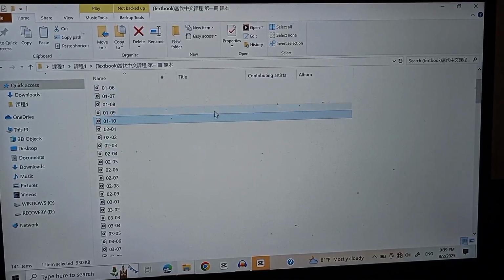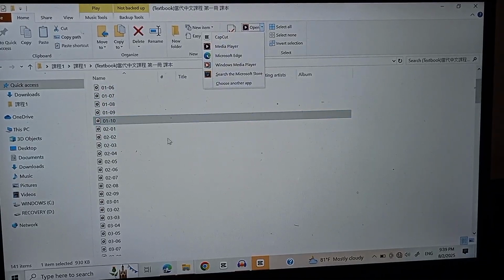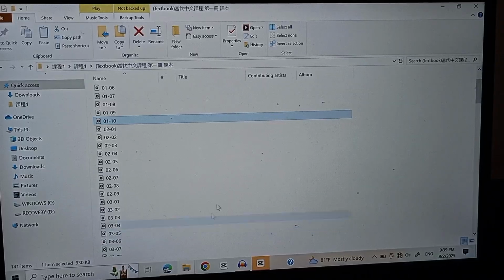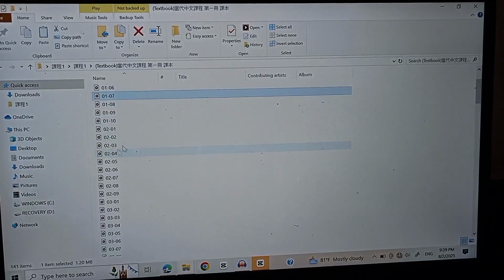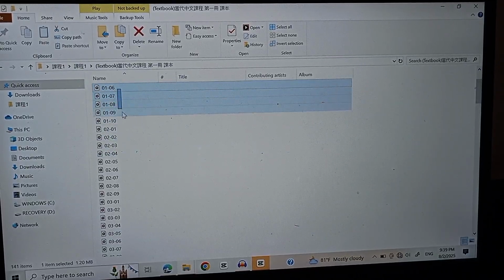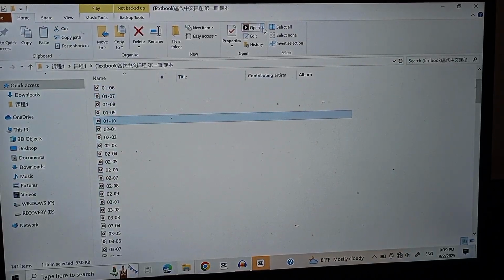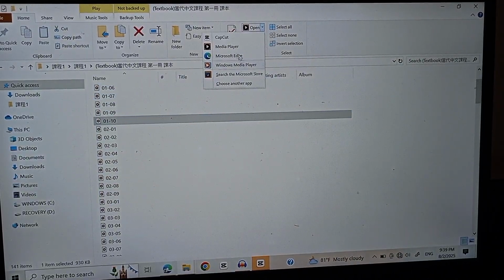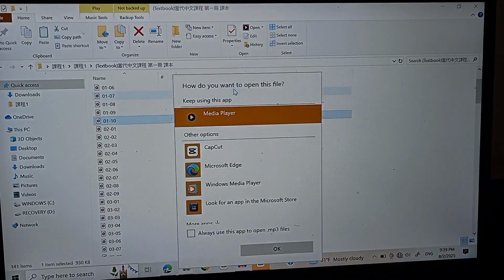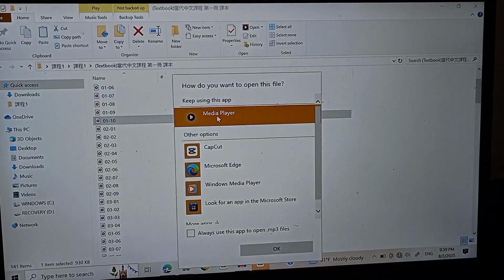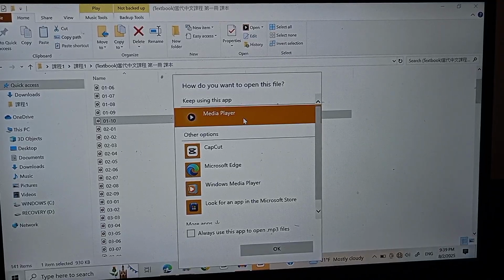So once you find the media player that can open your files, you can simply change it before choosing more than one file, because sometimes we want to play more than one audio, more than one MP3 at once. So the best thing to do is just find the one that works and just change it. Choose app, prioritize, change it from, well, my Media Player is not working, I will change it to Windows Media